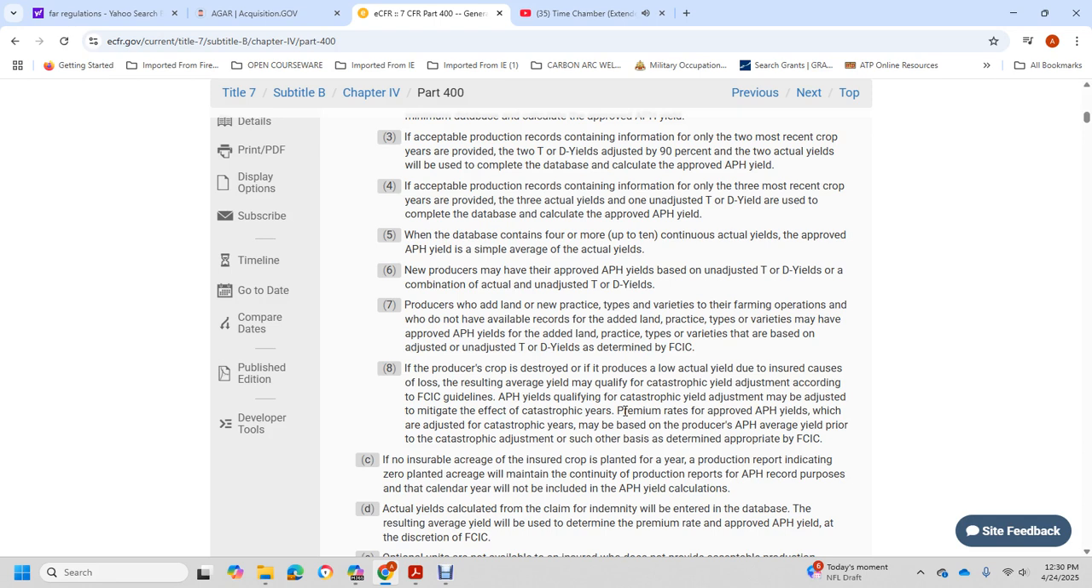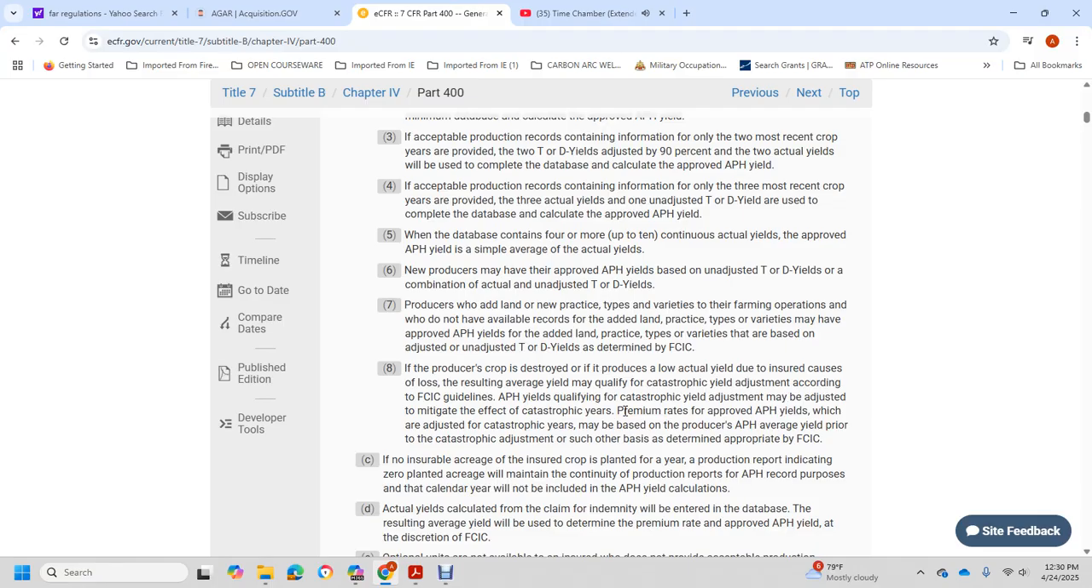Here the producer must show competence that it produced the local actual yield, with the increase in uninsured causes of loss for the result of the average year for quality, with a satisfactory yield adjustment in accordance with the FCIC guidelines. Actual production history yield qualifying for catastrophic yield adjustment may be adjusted to mitigate the effect of the catastrophic year on the premium rate. Approved actual production history yields will be adjusted for the catastrophic